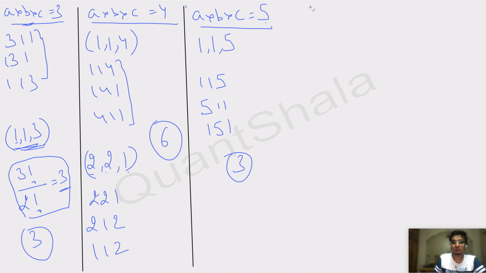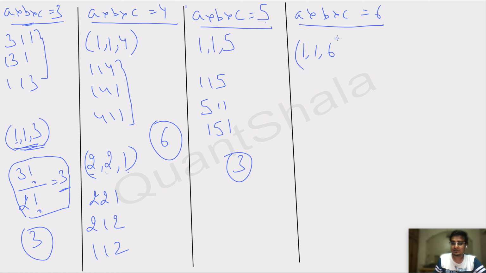The last case would be A multiplied by B multiplied by C is 6. Here, how can you achieve 6? Either one of the numbers is 6, again with any ordering of these, or one number is 2 and one number is 3, and again you multiply these and get the product as 6. Apart from these two sub cases, there is no other way to get the product of three single digit numbers as 6. So let's try to make the values for these sub cases.